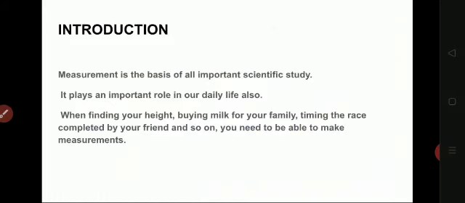So first, you all know measurement is important in our daily life because it gives answers to certain questions, like how heavy the object is, how far we have traveled, how much distance we have covered. On the basis of measurement, we can specify the distance covered or the weight of the object or the amount of the substance. The definition of measurement is the determination of the size or magnitude of the quantity. Magnitude means the amount. So it specifies the amount of a substance.